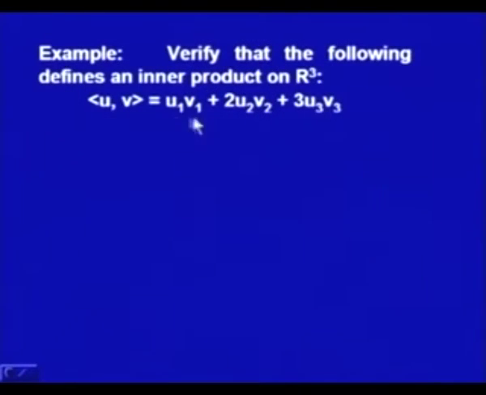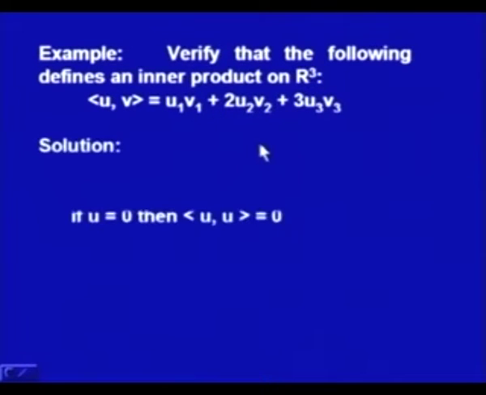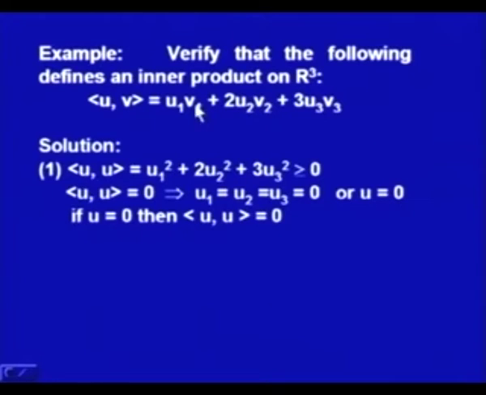So, in this example we say that the definition u comma v equal to u1 v1 plus twice u2 v2 plus thrice u3 v3 also defines an inner product. In the same way as we have done for the earlier definition, we apply this. We again check the first property: u comma u, according to the second definition, is u1 square, since u1 and v1 are equal. The second term is twice u2 v2, u2 and v2 are equal, so it is twice u2 square, and the third term is 3 u3 v3, since u3 and v3 are equal,